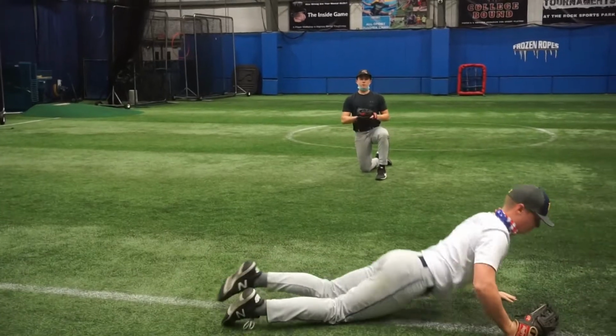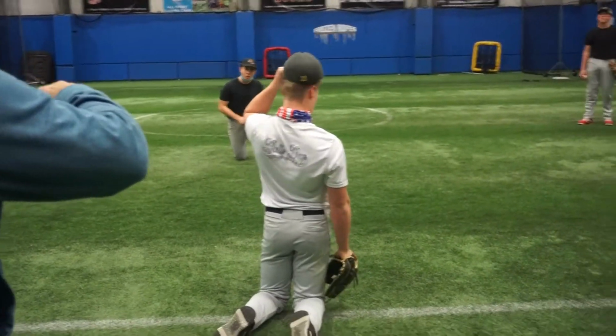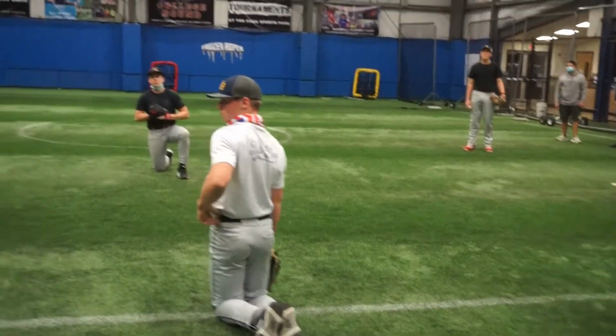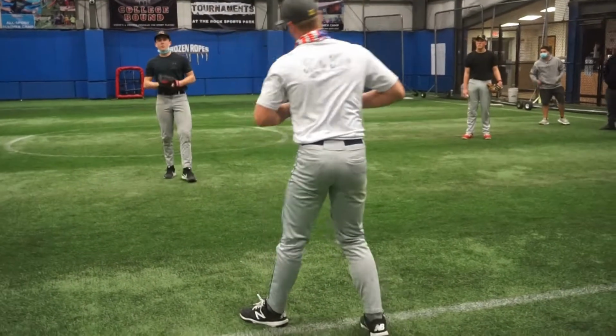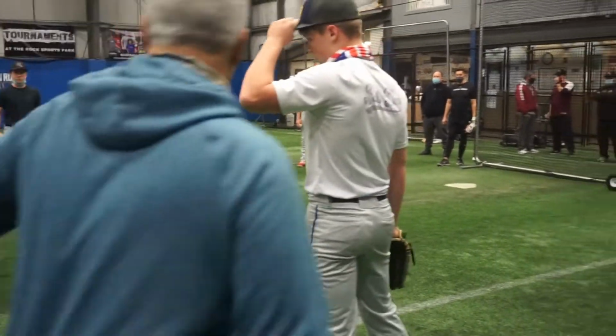Great. Okay, the second part of the outfielders, and again, the players are doing this on their own, right? The coaches aren't even involved in this at this point. They're getting ready. They're probably formatting the practice itself. Now you're going to be standing up. We're just going to practice our drop steps. A big part of outfield play is learning how to go left or right. We're going to make sure that